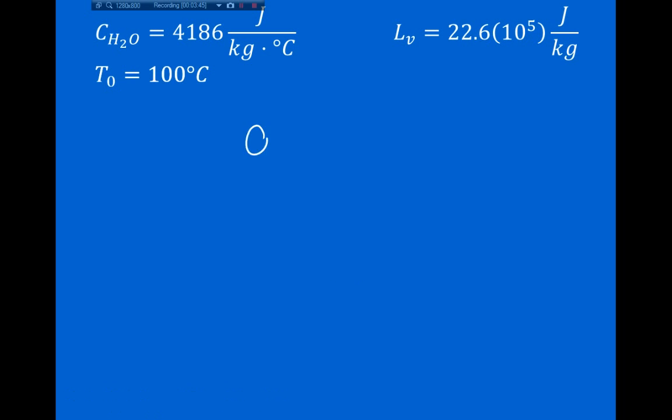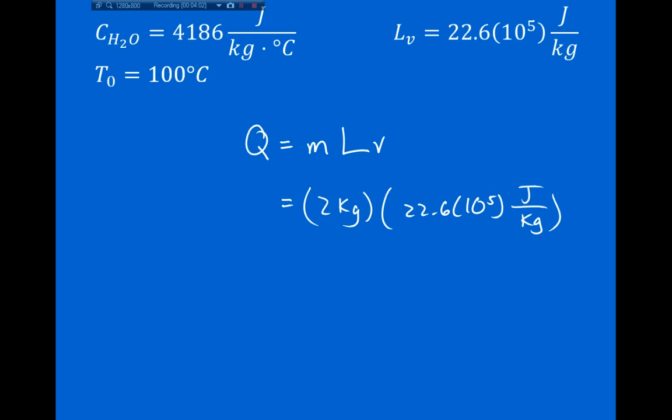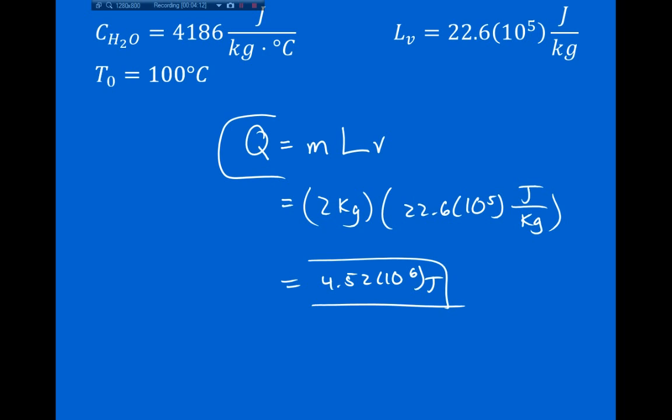So the only heat that we need to add is the latent heat, which is given by the mass times the specific latent heat of vaporization. So this is just going to be 2 kilograms times 22.6 times 10 to the 5th joules per kilogram. And if we plug this into a calculator, we see that the heat is 4.52 times 10 to the 6 joules. So this is the amount of heat that you would have to add to boil water that is already